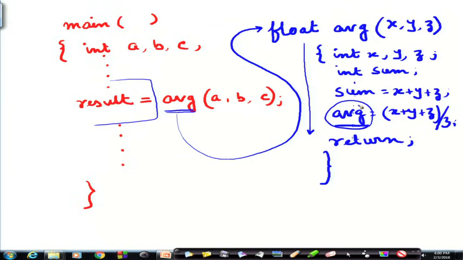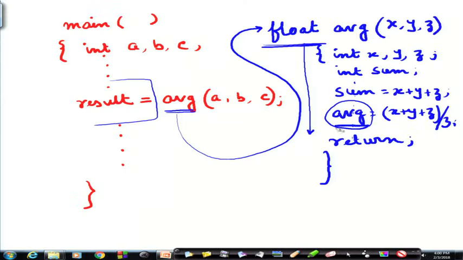So, in a way you can say that the name of the function is just like a variable that is holding the value. Any variable that is holding a value must have a type. That is why, since the average of 3 integers can be a float, we have to assign a type to the name of the function, designating what type of value it is returning.